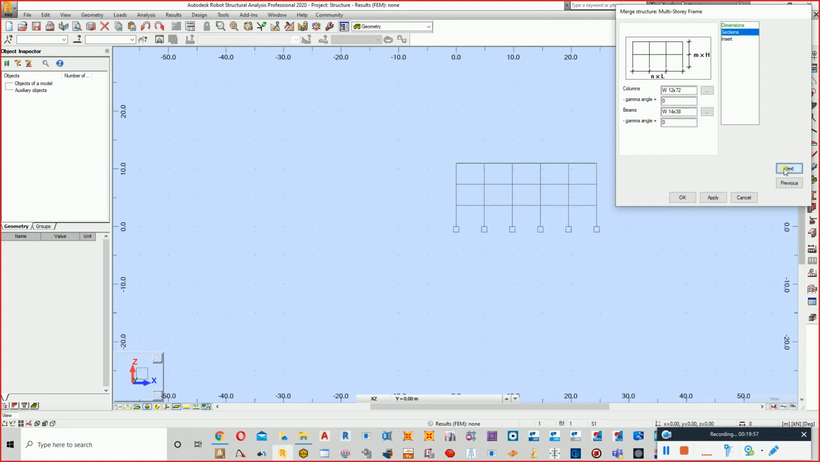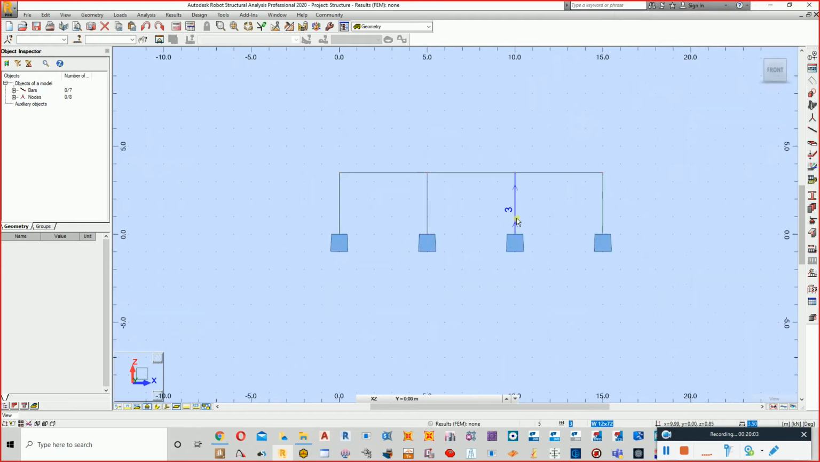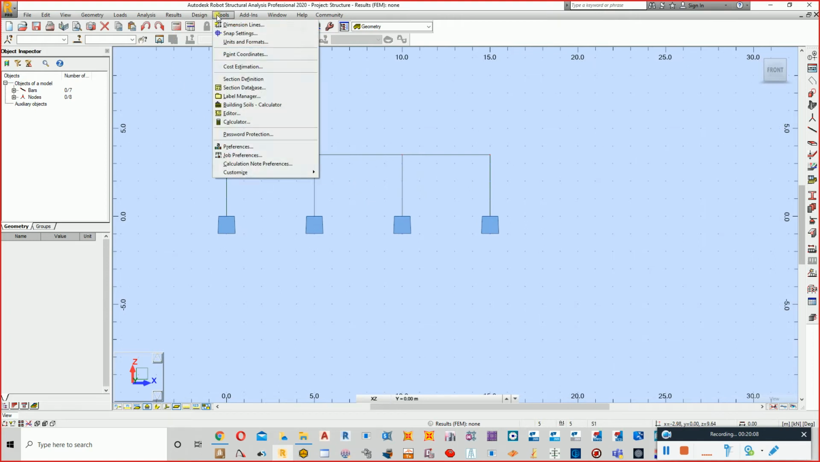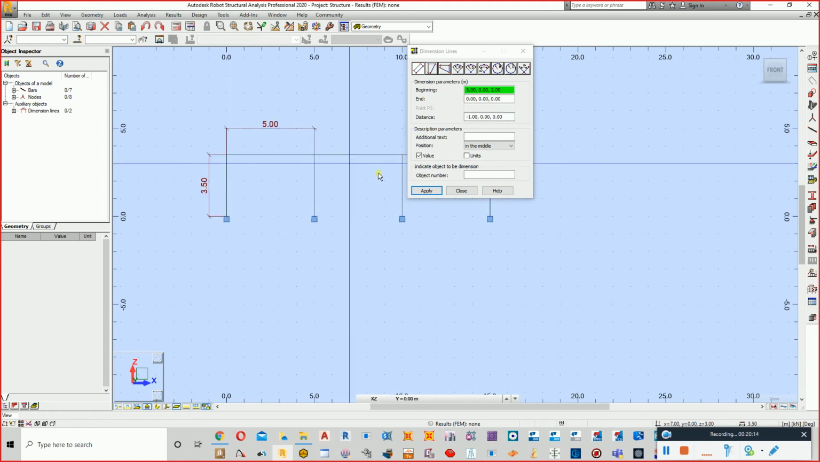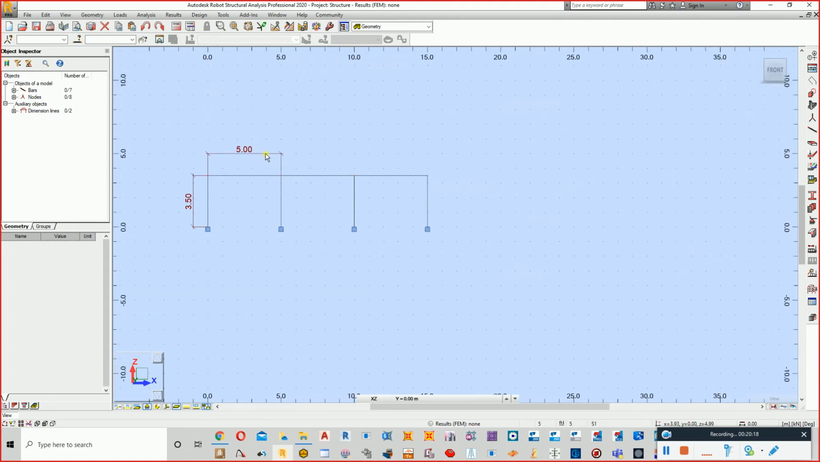And then next, apply. So we have now one story, dimension is 3.5. To make sure, you can go to tools, dimension line. So this is 5 meter, this is 3.5 meter, and goes up. Okay. Now what I want to highlight here,